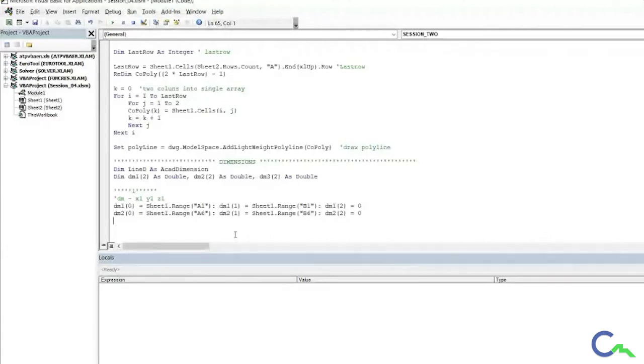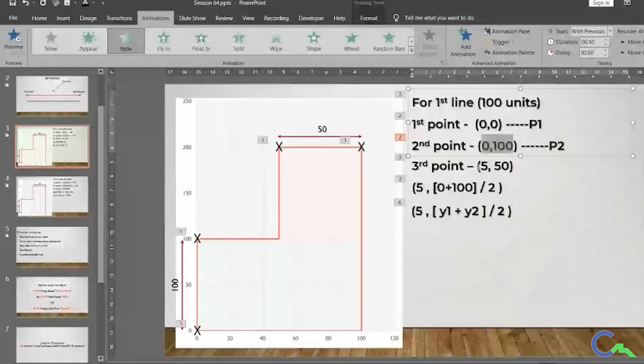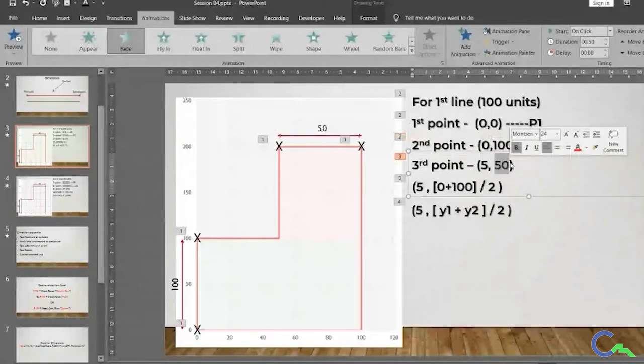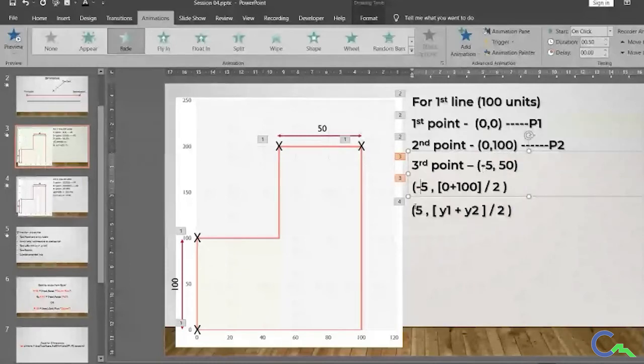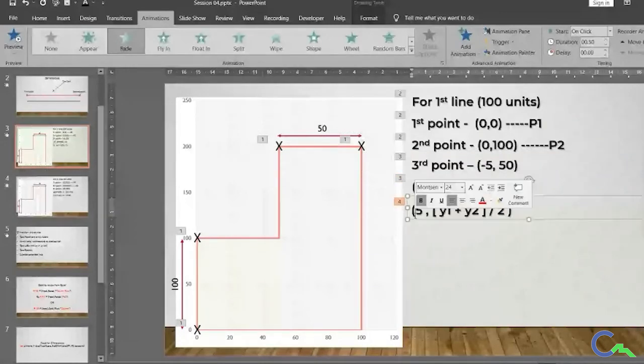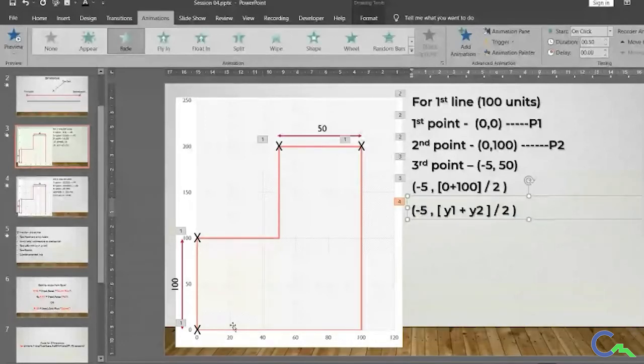I hope this is clear, right? Yes. So we have given the first point, we have given the second point, now we have got the third point. So the third point is 50 and 5, right? Sorry, this should be minus 5 accordingly. Minus 5 and minus 5. And I can't just put minus 5, right? Because if this 0 comma 0 was somewhere here, then my text would be here only itself, not at this position. So can I give this as 0 comma minus 5? 0 minus 5 is nothing but minus 5 only.